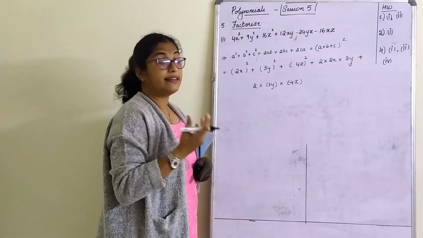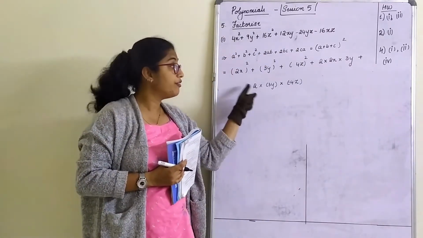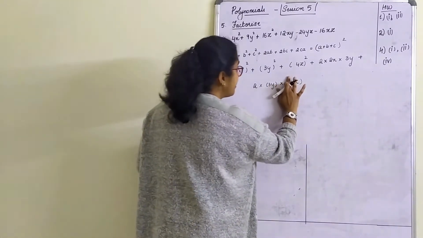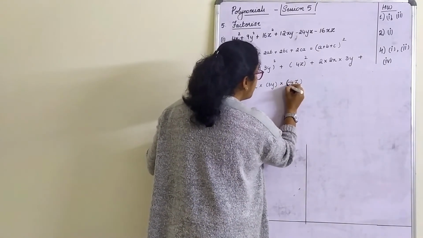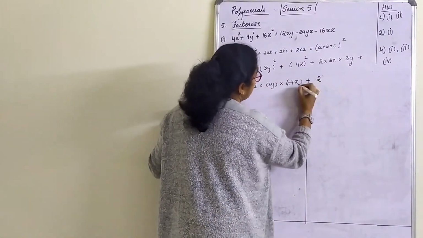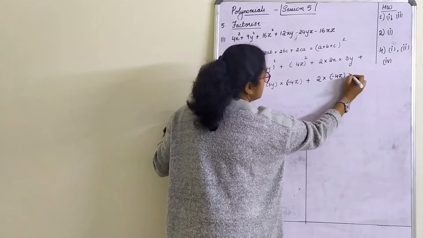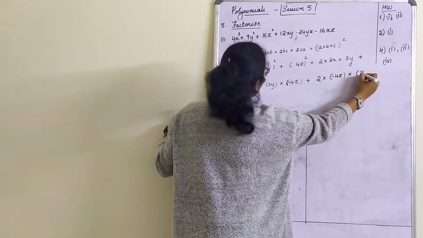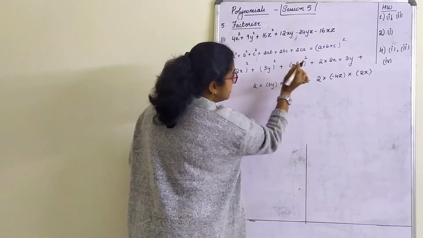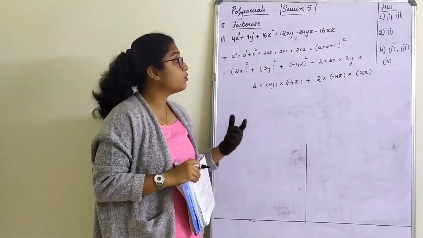We only need to identify which is the minus part, because when we are substituting in the starting to end sum, we first write minus here, and in the final answer we take it as minus into whatever. We'll write it clearly. So the c term is minus. Last part, 2ca, is also minus. That means c is confirmed minus into a is 2x. That means now here I have to put minus sign. Understood now? That is why I have told you we'll leave some space. Later we will see to identify what is minus.